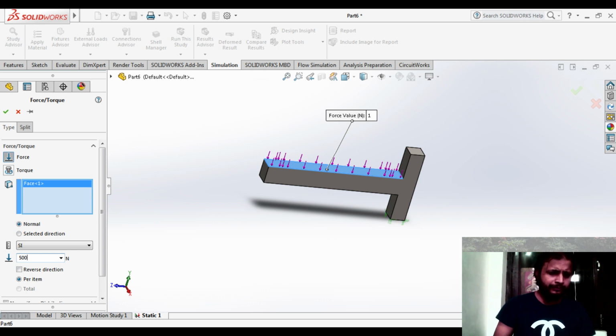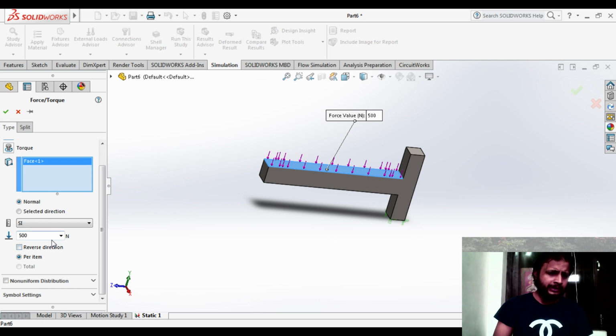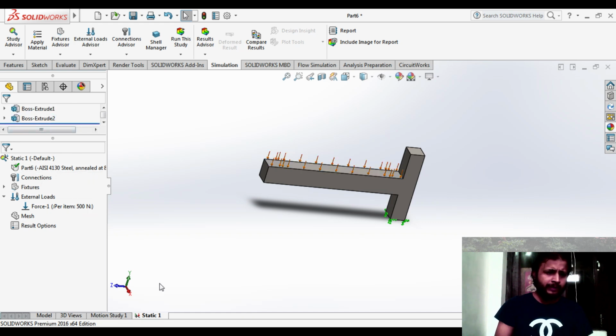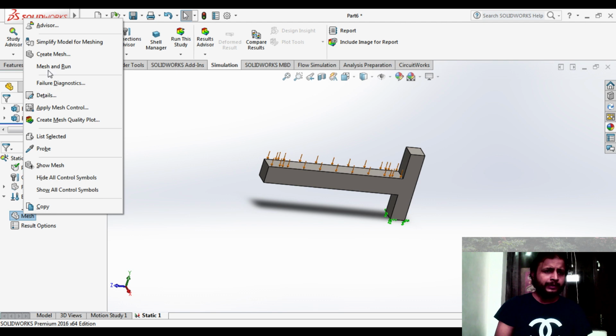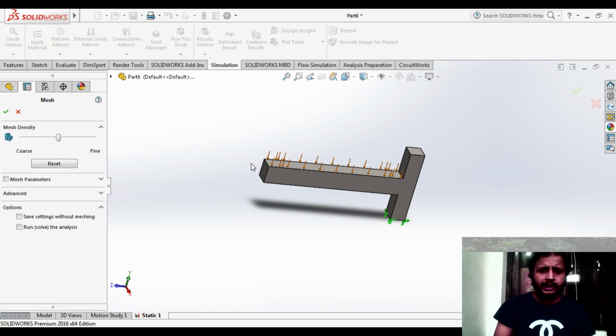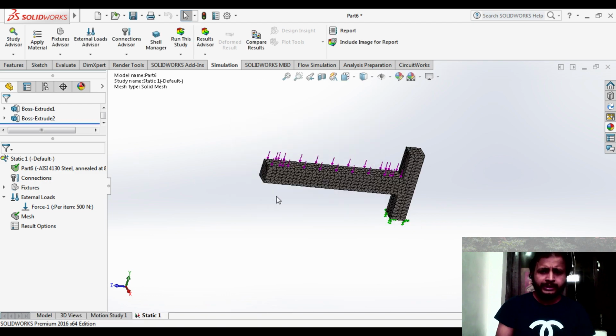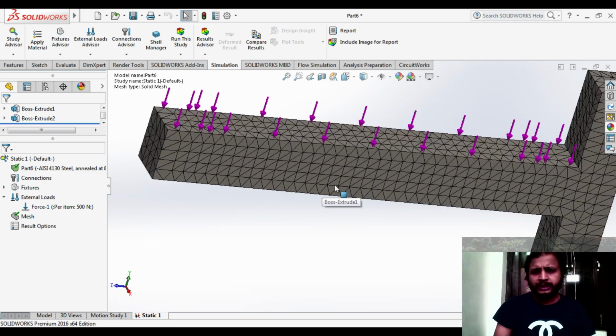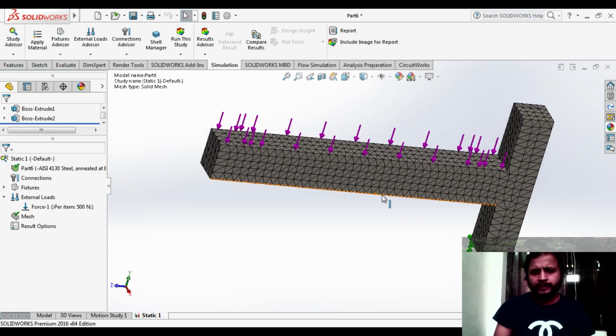I have increased the force in this example. Now the direction is okay, we'll say okay. So we have applied the force here. Now we will create a mesh. I know you remember the steps, just say okay whatever type it is. So here you can see the meshing is created.